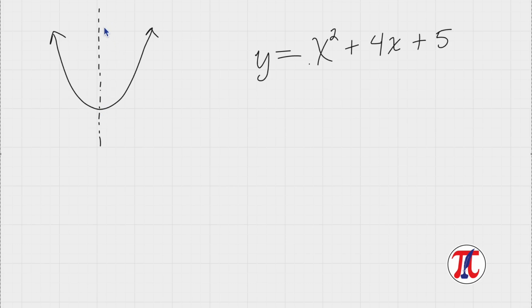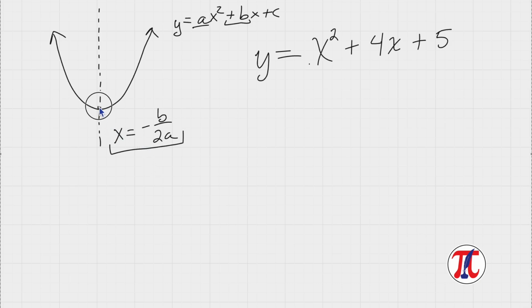Now the equation for that axis of symmetry is x equals negative b over 2a, where we're talking about your quadratic equation in general form being ax squared plus bx plus c. You take the b value here and the a value, and you put that into this little formula here, negative b over 2a, and that's the equation of that